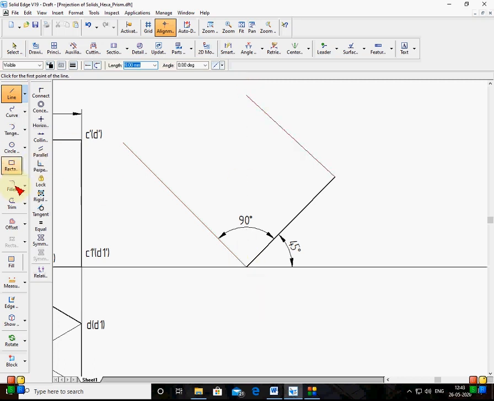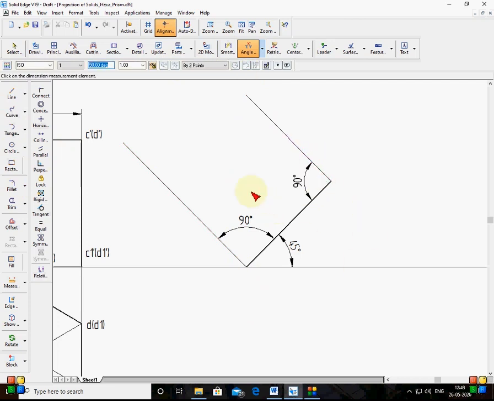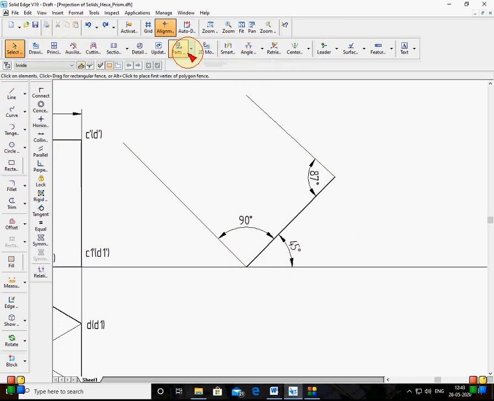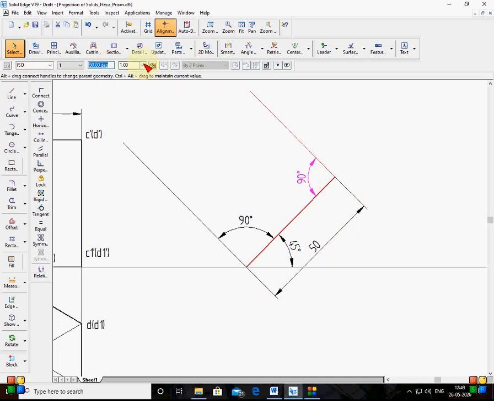Okay, this is your drawing. Now cross verify the angle, measure the angle. How much angle do you get? 87 you are getting, you need 90. Undo. So this length you have to maintain as 50, and then you have to change the angle here. How much is it? 90. So this is what I am telling about the sketching part.